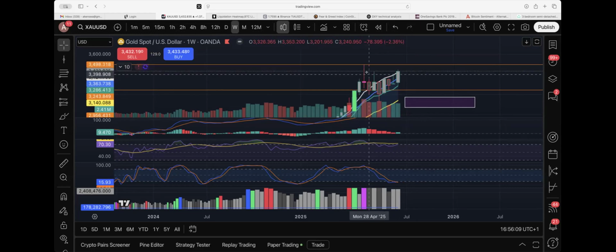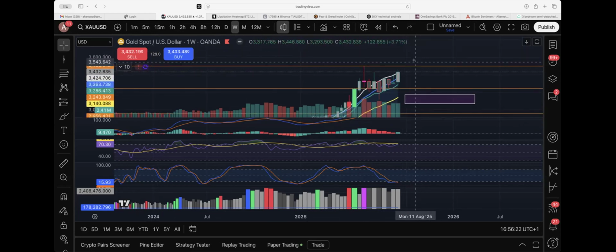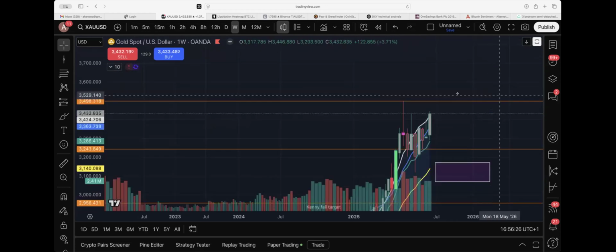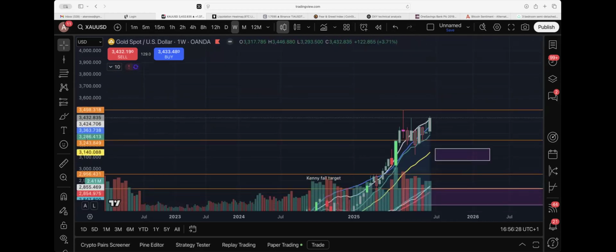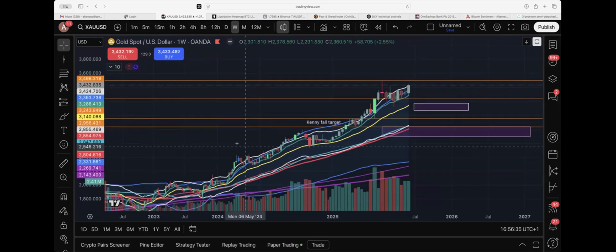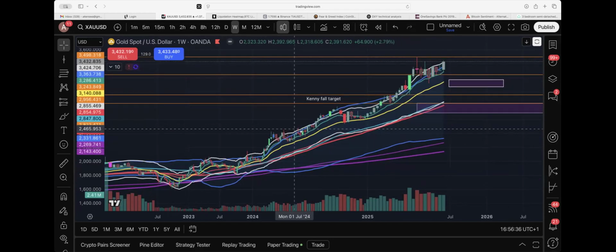Now, we can see whether this is just a fake out to knock some stop losses at the top here, and that's the end of the move, or is it going to start going into another kind of parabolic move to the upside? What I think, and this is just what I think, is that normally for the moves to be quite extensive,